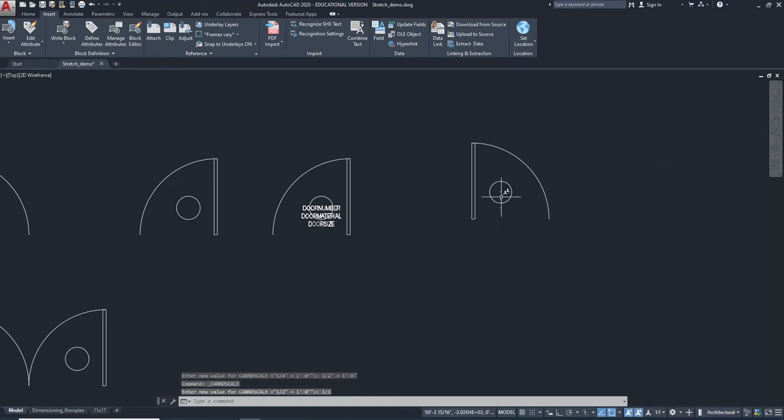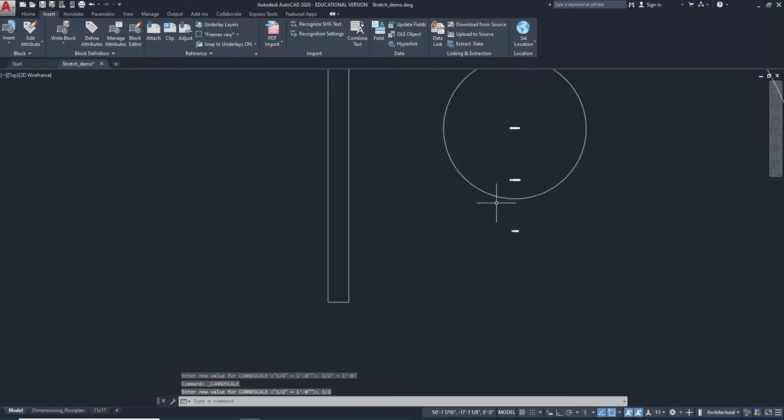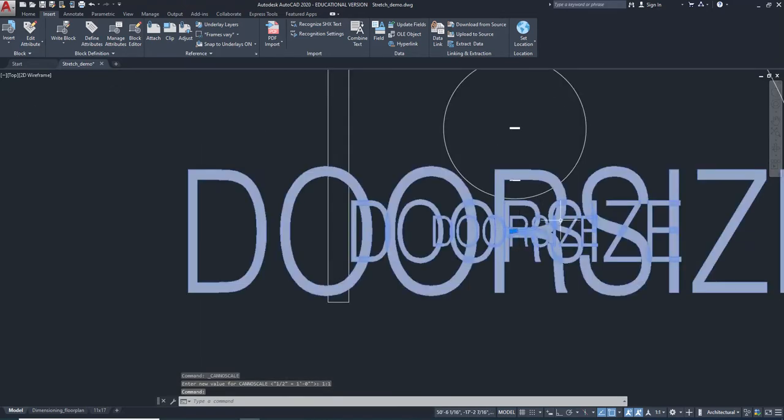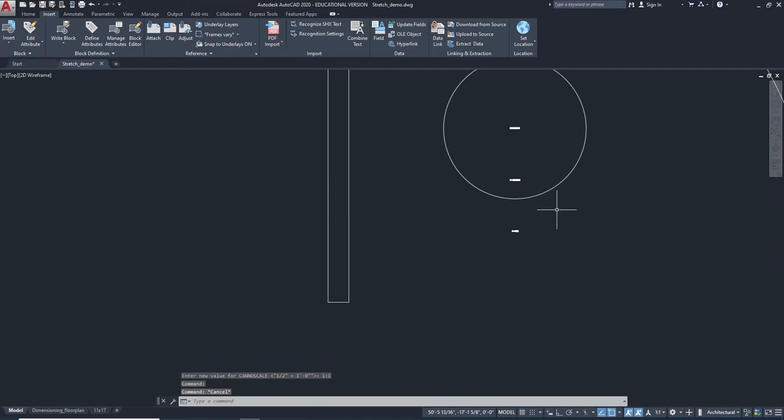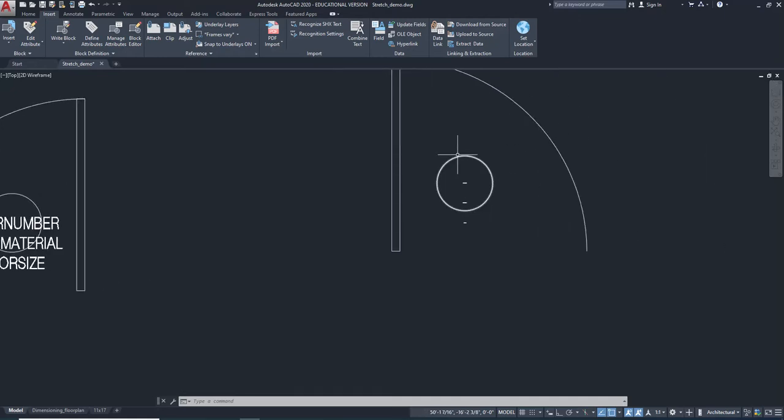If one of them happened to be done incorrectly, I could just click on it and hit delete, and I could create another attribute in its place. If something didn't work in this attribute, click on it, delete it, create a new one. Easy, easy. Okay, so I have my attributes created. I have my circle here created. Everything looks great. And now it's time for me to